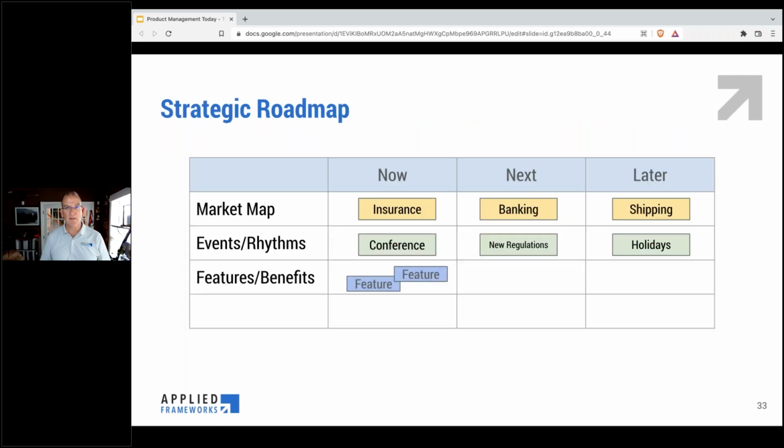So this is where we layer in the various features or opportunities over the different time horizons for the different segments. Now, if I saw, for instance, that I wanted to think about feature development that may apply to more than one particular segment, I may have something like this, which illustrates that these features are specific to the different segments, which can be a really useful tool for providing more and more clarity for the people who are trying to read and consume the strategic roadmap that I'm building out.